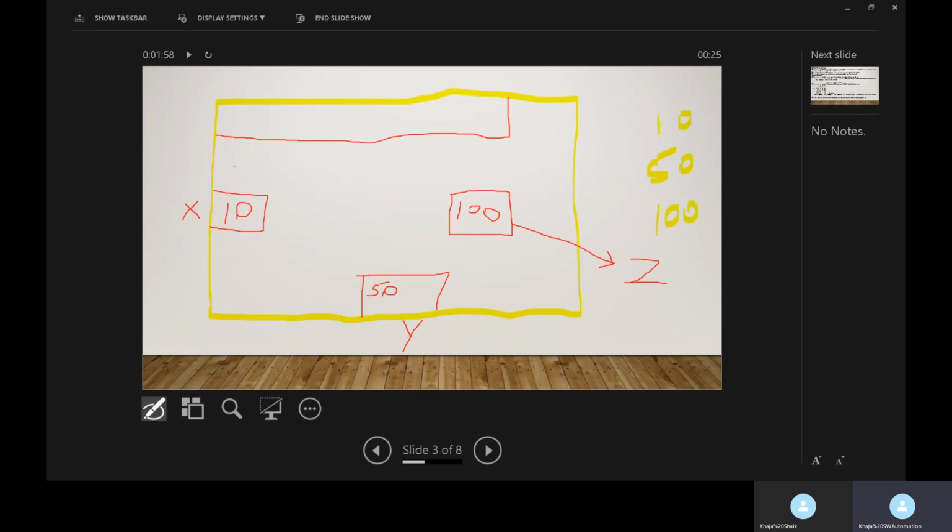Similarly, let us suppose I am storing 10 values. Value 1, this is the location for value 2, this is the location for value 3, 4, 5, 6, 7, 8, 9 and 10. So these are the 10 memory locations, and all these locations are side by side.